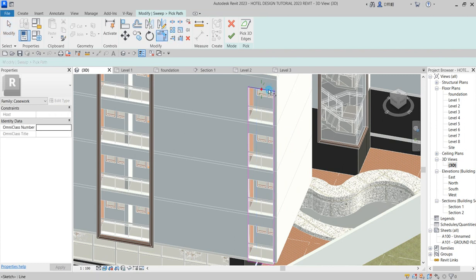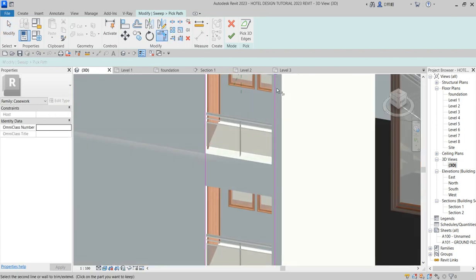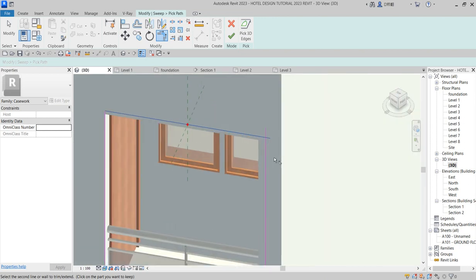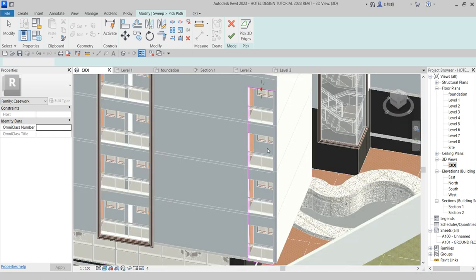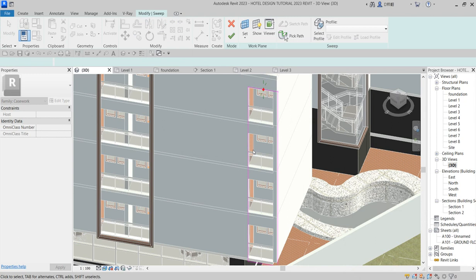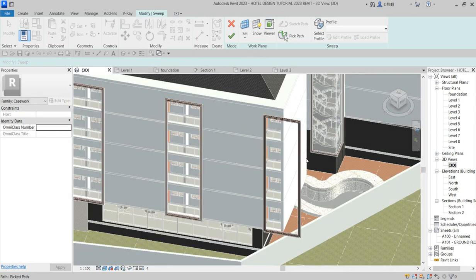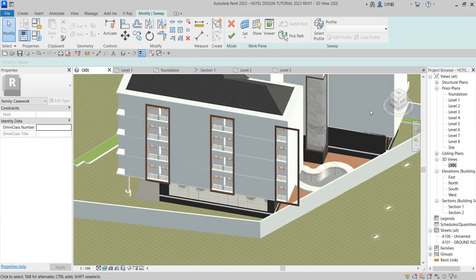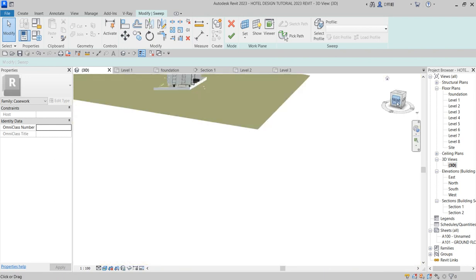Click here to trim. Let's go back to, just click finish, quit, yes. So go back to the original level. So something here is that you go here,